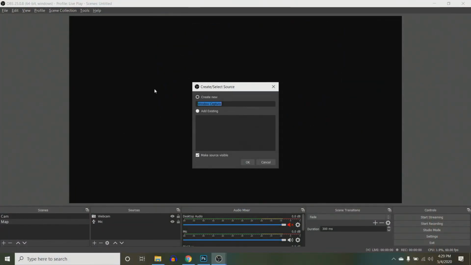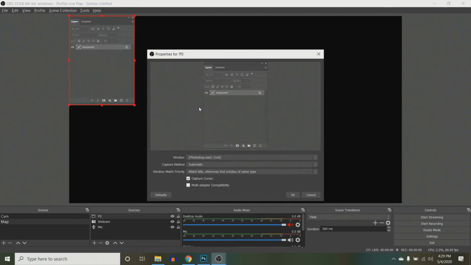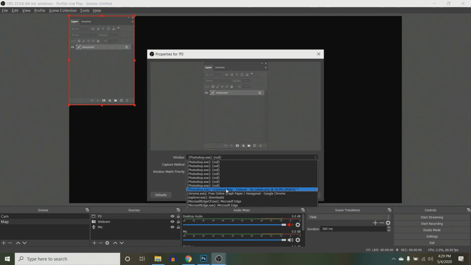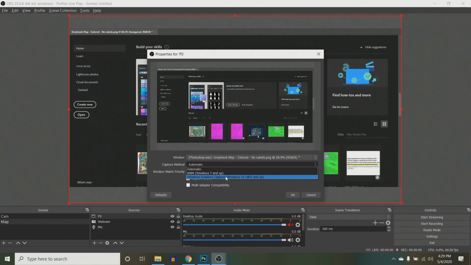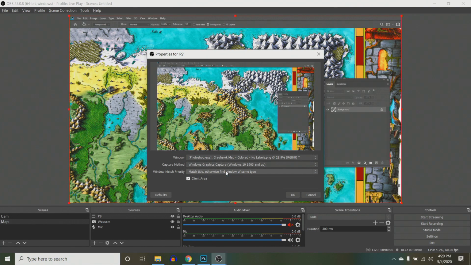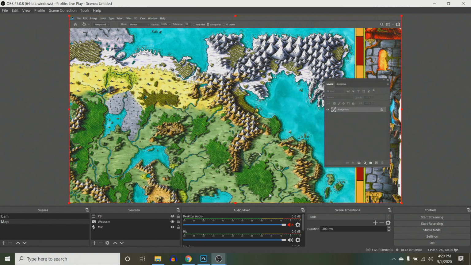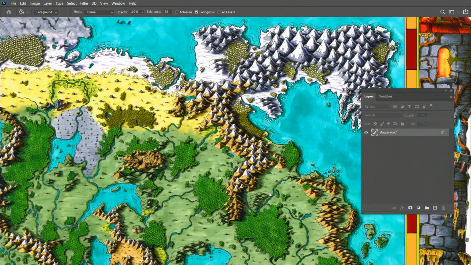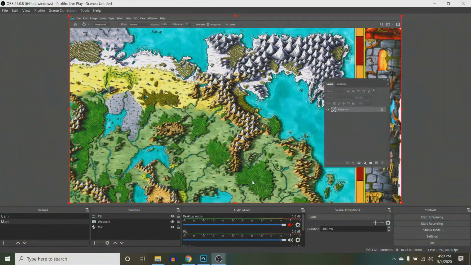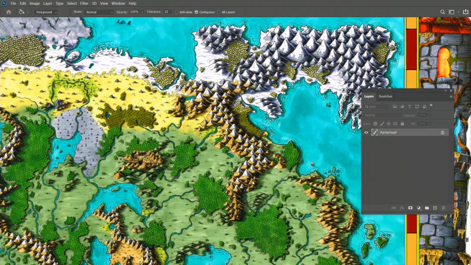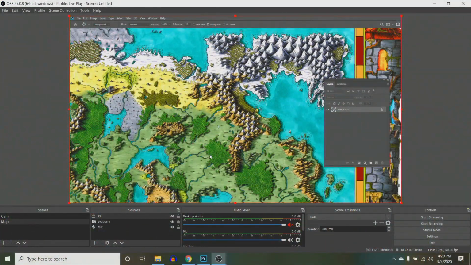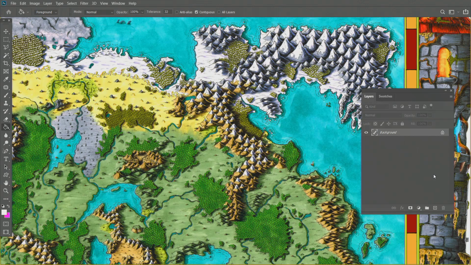I need to go into OBS and add a source, which is a window capture for Photoshop. So we'll name that window capture PS. We'll choose Photoshop. Capture method is going to vary depending on your system. You need to test that, and we'll click OK. And so now my players are seeing the same thing that I can see, more or less, inside of that window. So this is the OBS output. OK, great. Or not great, because I need to make the Fog of War so they don't see the whole